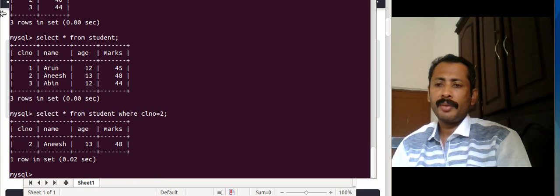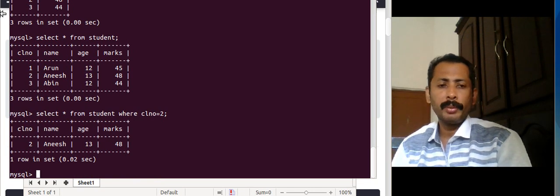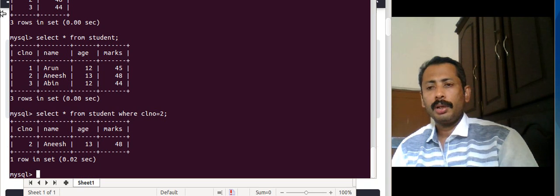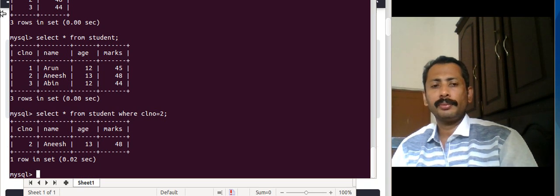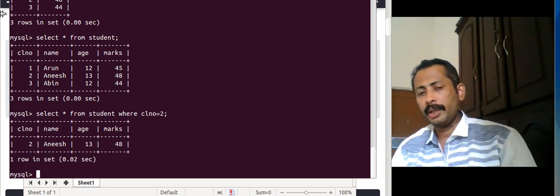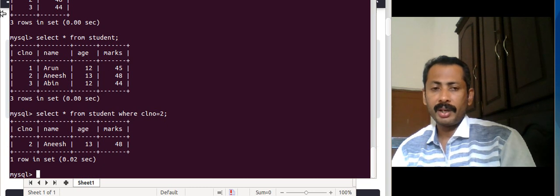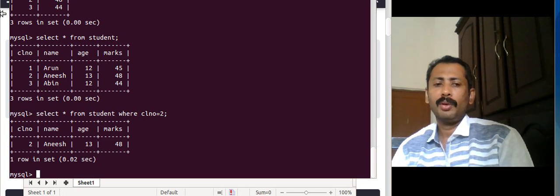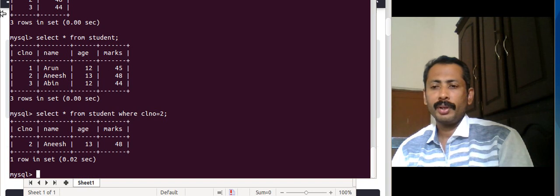So select star from student where class number equal to 2 shows only the row having class number 2, that is, all the field contents of the student having class number 2.